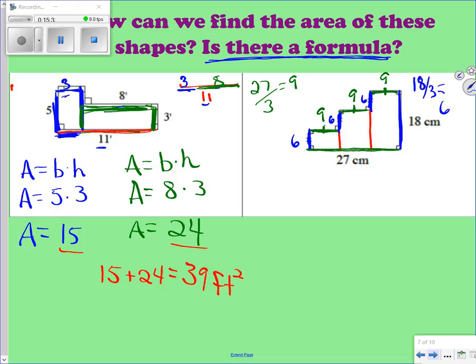Now, before we get too crazy, it's not that all these rectangles are 9 by 6. Our first rectangle here is 9 by 6, which gives us 54. This second rectangle is 9 by, here's 6